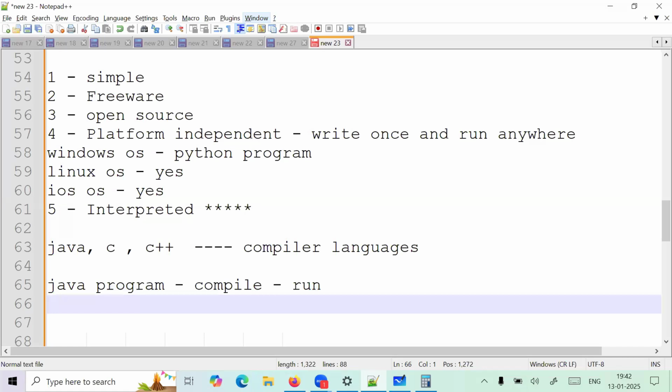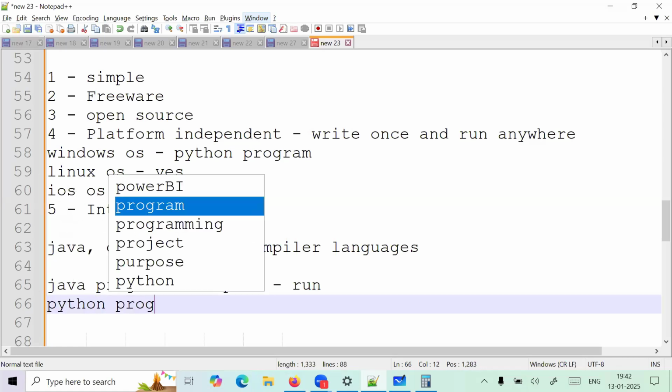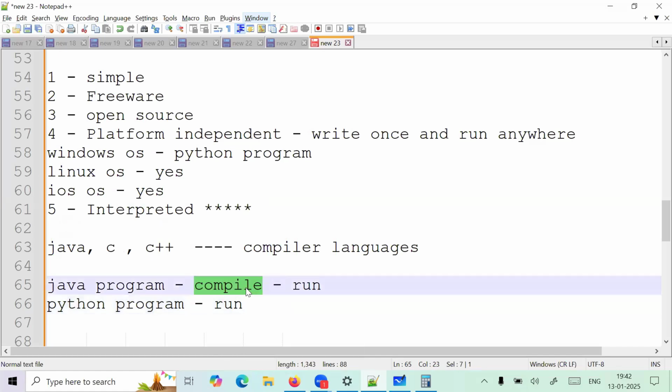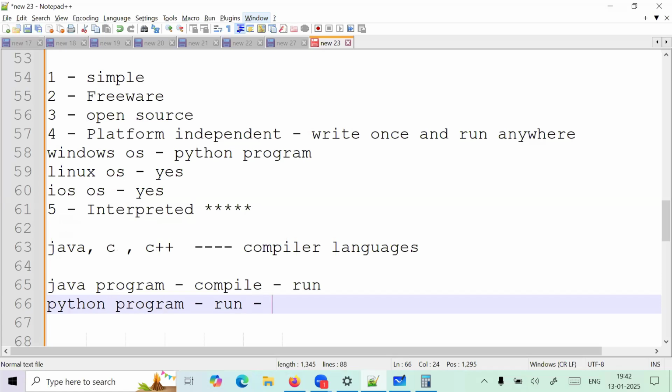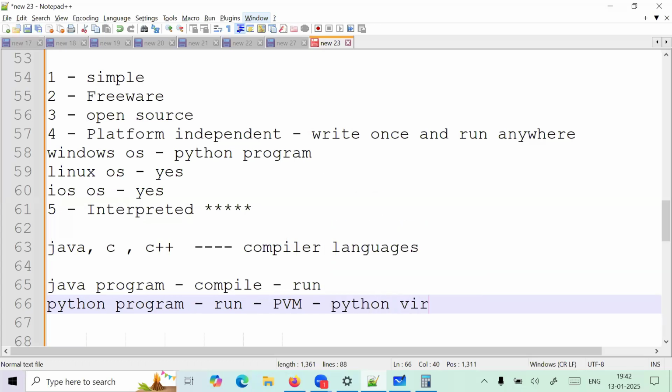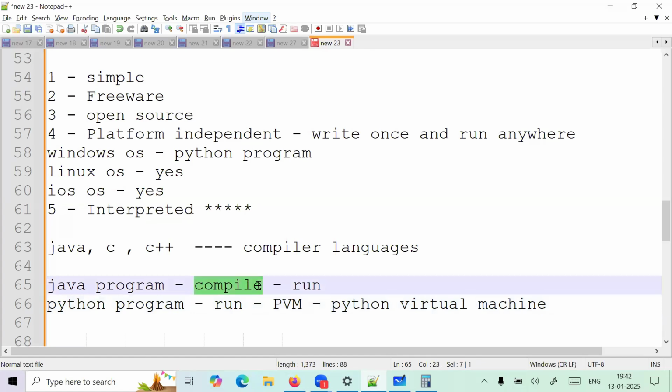But in Python, what will happen? Let's suppose someone has written a Python program. They can run it directly without the compilation step. They do not need to think about the compilation. So who is taking care of it? Who is taking the responsibility of the compilation? The PVM, the Python virtual machine, is there. Here the script has already been compiled. So that is the biggest and most popular feature of Python,